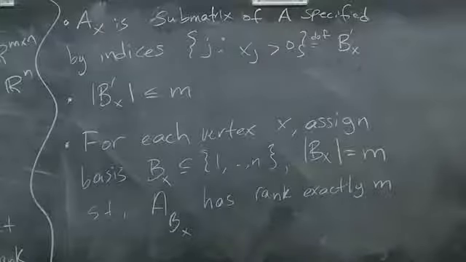Are there questions at this point? So A_B is a square m by m matrix. It's invertible. Okay. And what we said last time was,